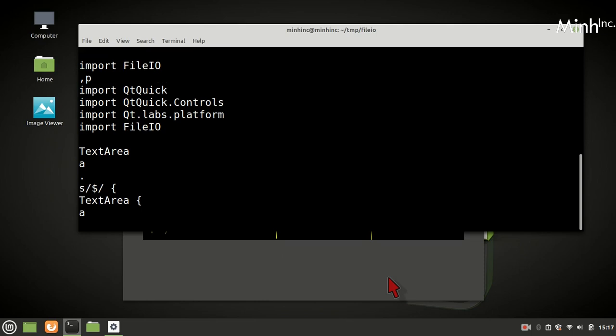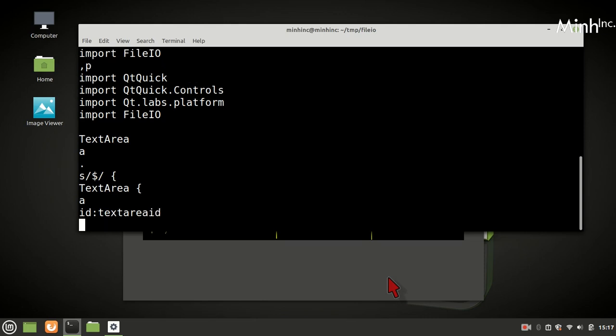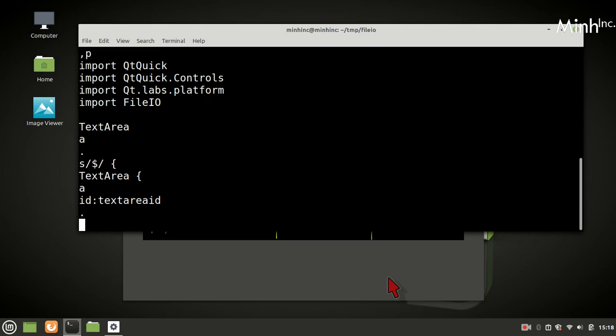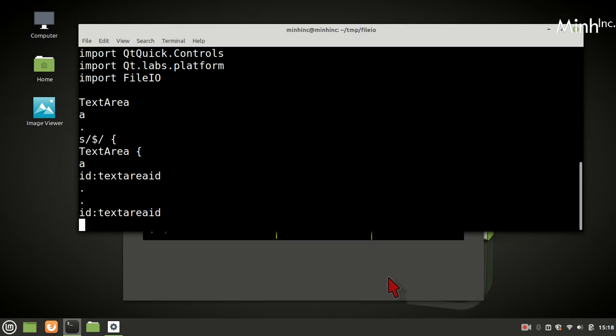So, text area. We'll have ID now, text area ID, and then width. I think it would be better if we make it scrollable, or we can just leave it.